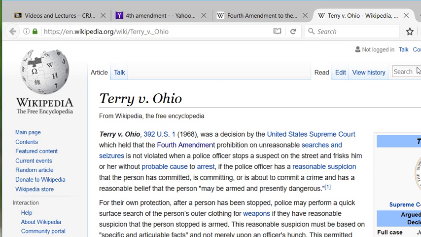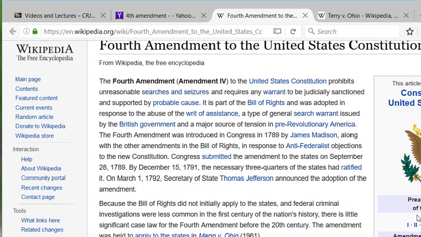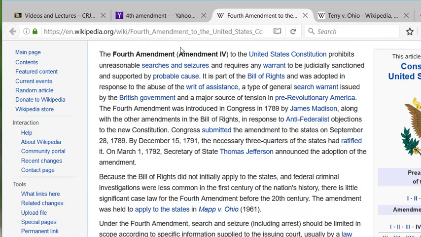All right, statutory law versus case law. Now, if we look at the Fourth Amendment, I'm on Wikipedia here, we're just looking directly at the Fourth Amendment. The Fourth Amendment says it prohibits unreasonable search and seizures that require any warrant to be judicially sanctioned and supported by probable cause. It is part of the Bill of Rights that was adopted in response to the abuse of the writ of assistance, a type of general search warrant issued by the British government and a major source of